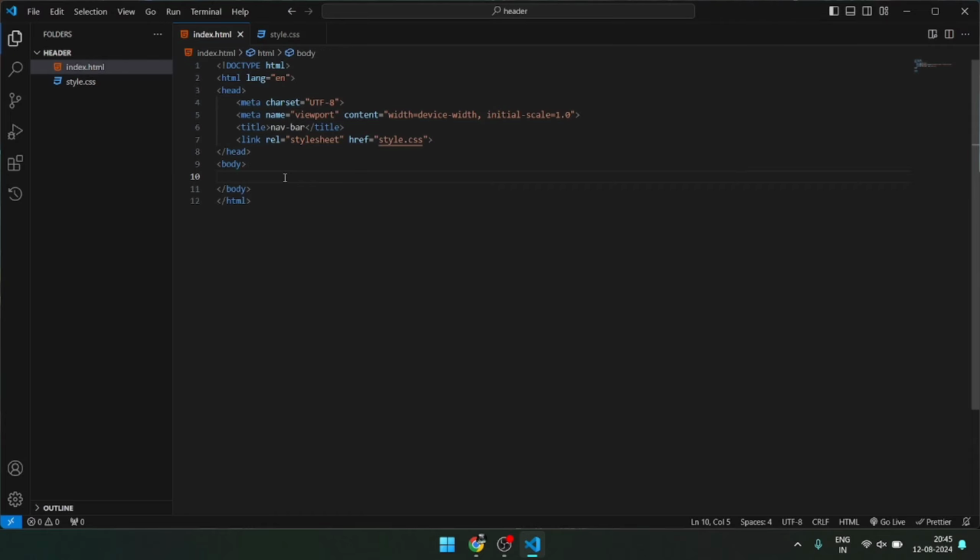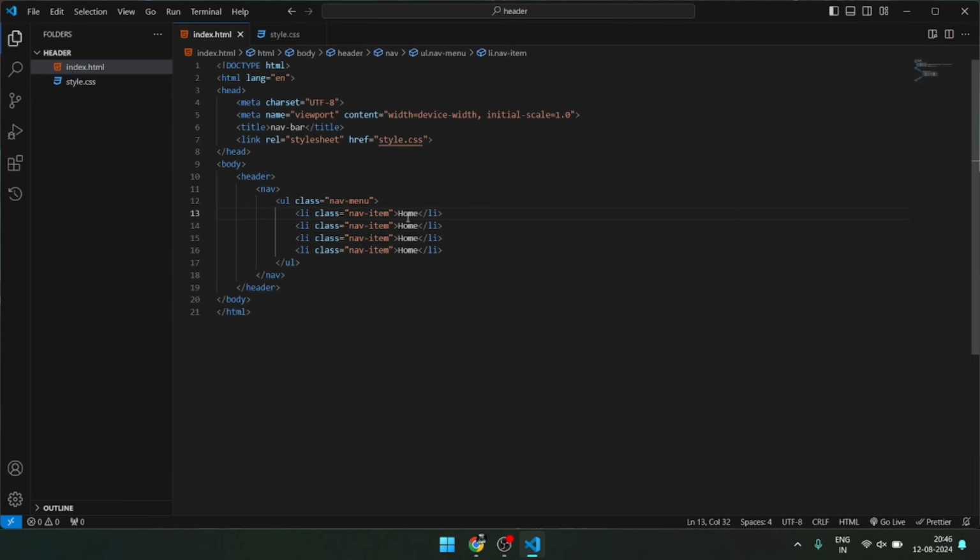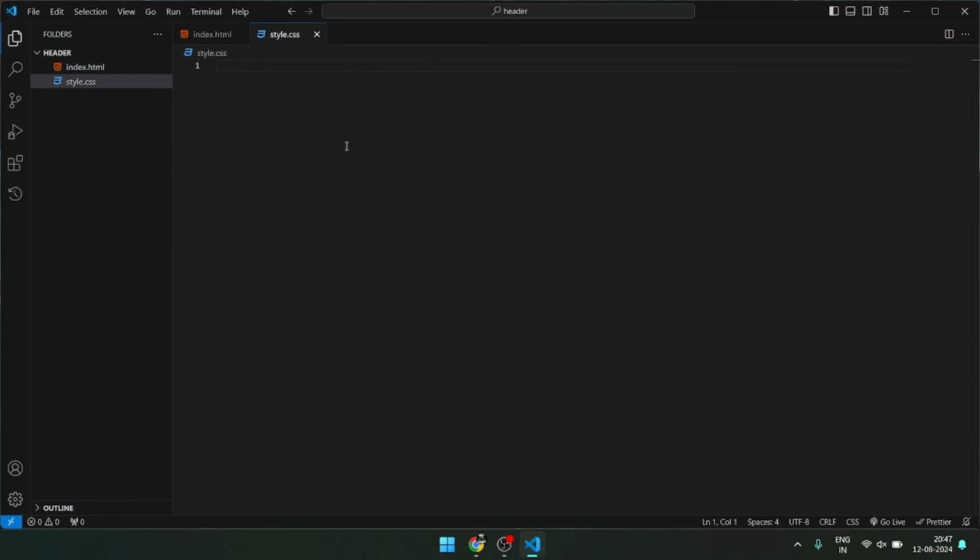Now first create under body, a header tag and a nav tag. In nav create a UL and in UL create an li. Create 4 li, which are home, about, service and contact. Now give them class names. Li is a nav item and UL is a nav menu. After applying the names,